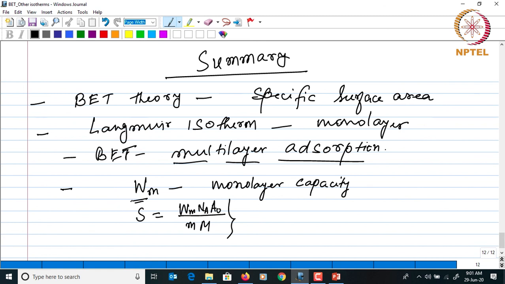So those kinds of techniques are known as the dynamic flow technique, in which the gas is continuously passed over the sample, and as it is being adsorbed, there will be a change in a particular property, for example the thermal conductivity, which is being monitored, and from that change the amount which is being adsorbed can be calculated. Okay, so these are the methods for measuring the surface area of powders using the BET technique.